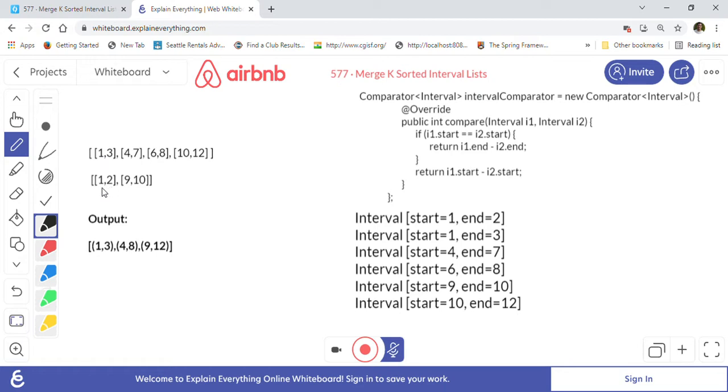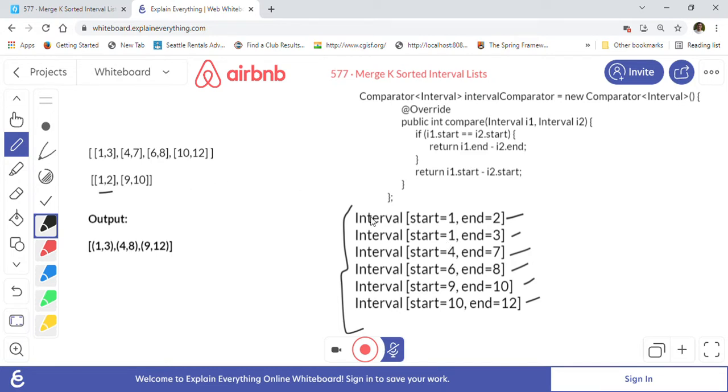For example, if our sorted order is 1 2 first, then 1 3, then 4 7, then 6 8, then 9 10, and then 10 12, and we manage to keep this order, then we can go through each of them and keep merging the intervals as necessary.